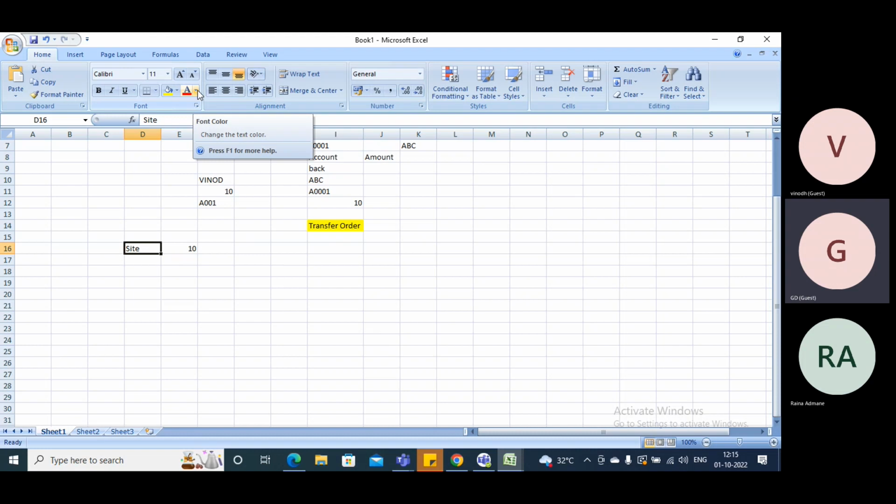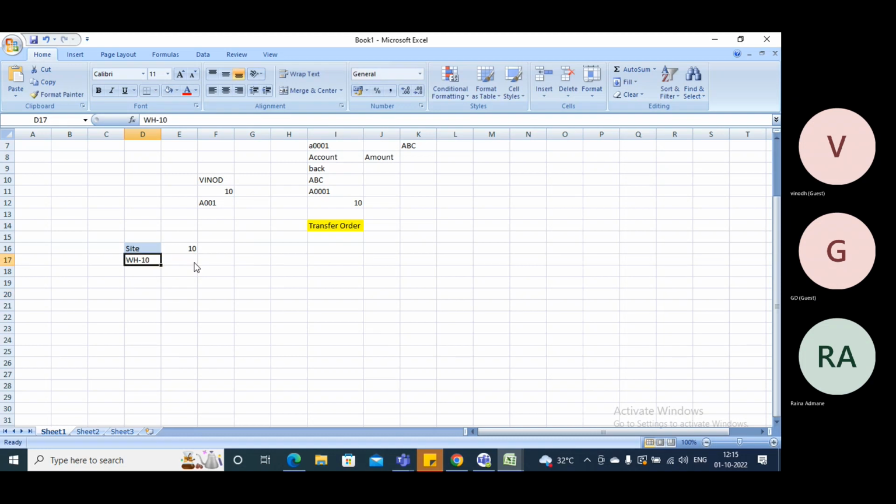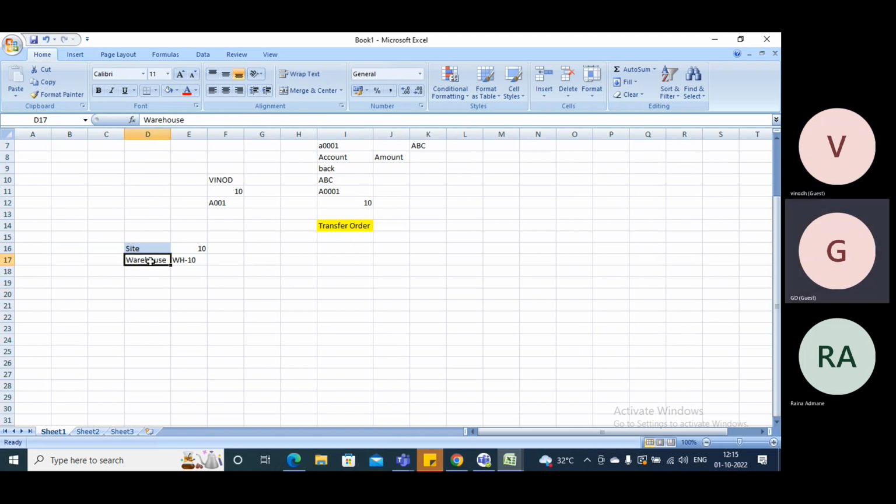Site does not mean it is physically available. Tirupati is one site, and inside Tirupati there are a number of warehouses to store items. Suppose this is the site, and under this site one warehouse is there, called warehouse 10. Got it, Vinod? Site means Tirupati is your site, and warehouse means under the site there are multiple warehouses,